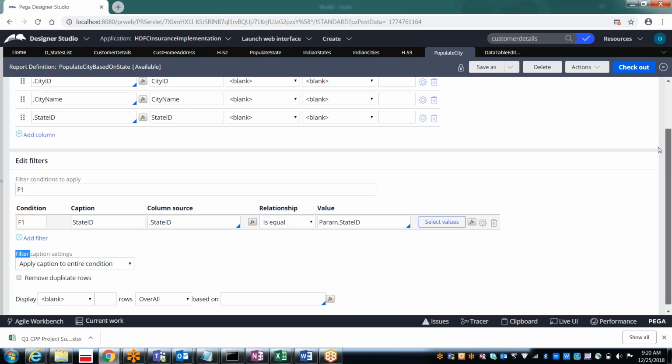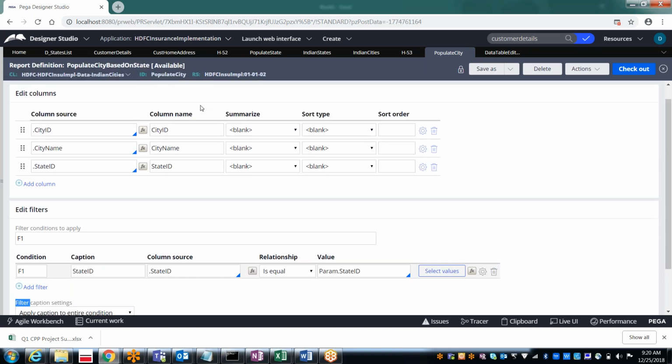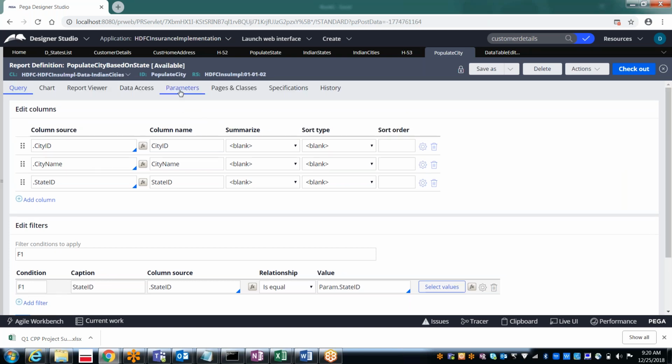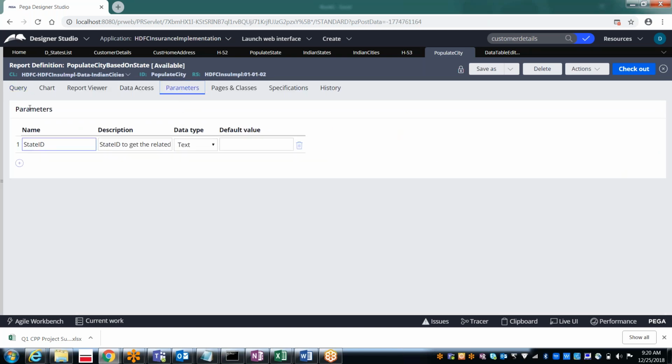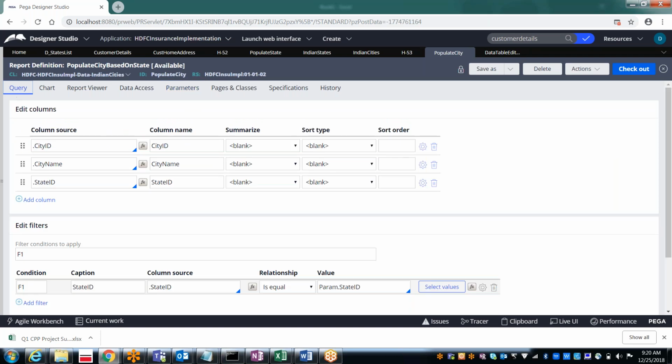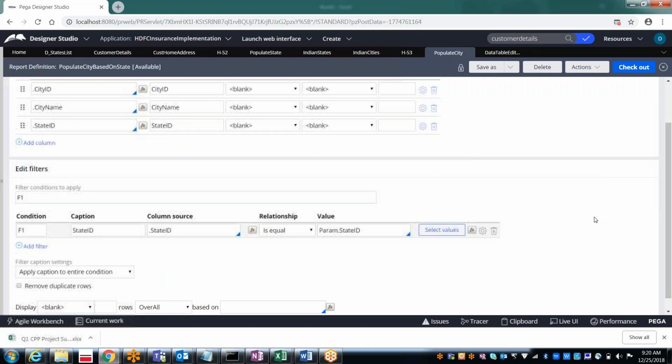That means, in the parameters tab, whatever value I am passing for the state ID, with that state ID, in the query tab, we are going to specify the relationship.